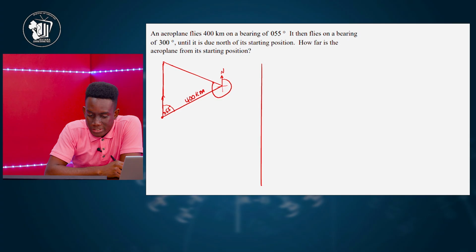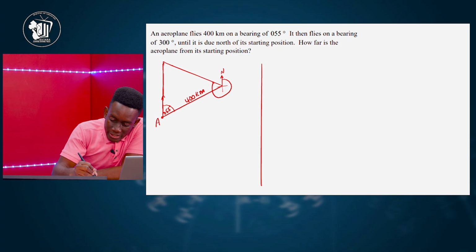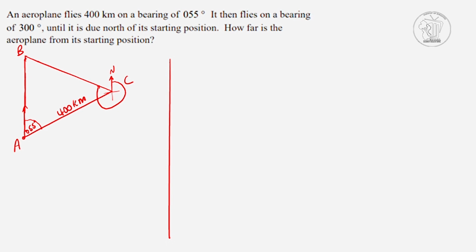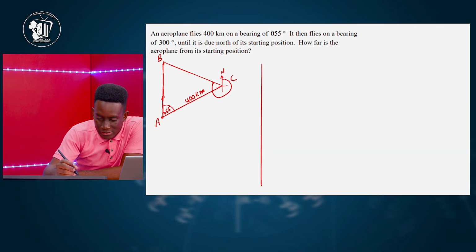So how far is the airplane from its starting point? Let's call A its starting point, here B, and this point C. We need to find the value of AB. To find AB, of course, we must have an angle. Let's see, what else can we find? We just know